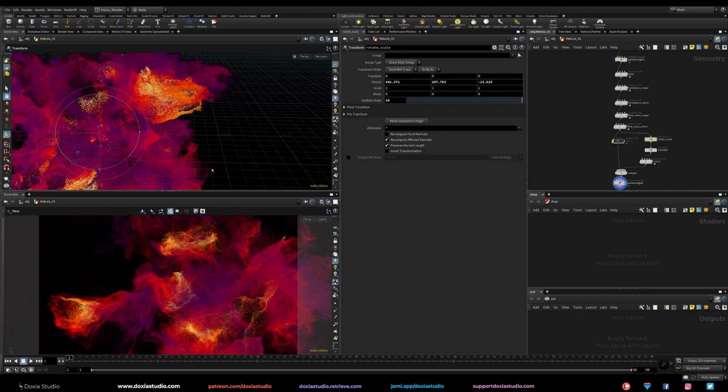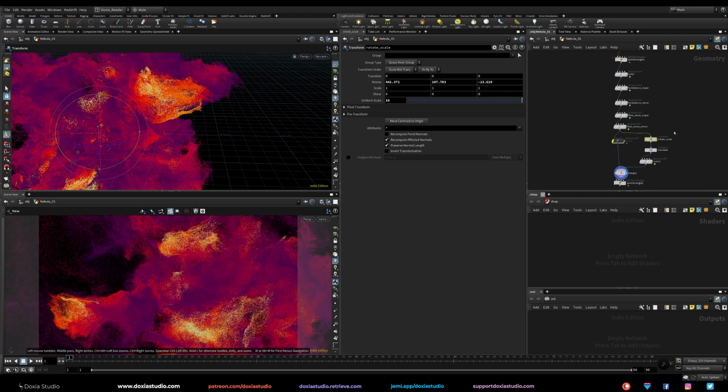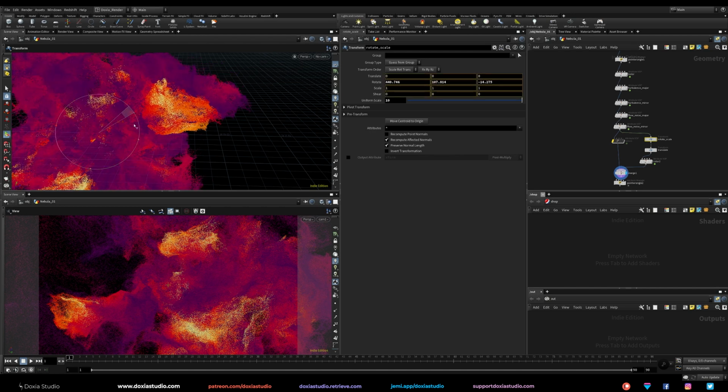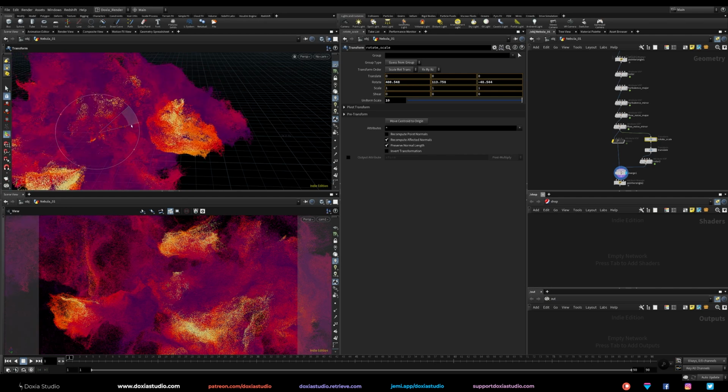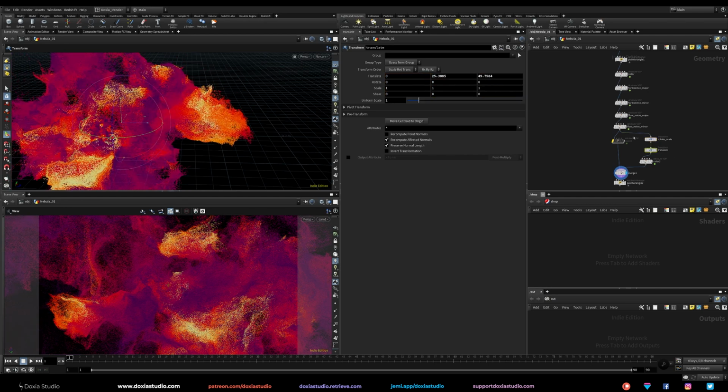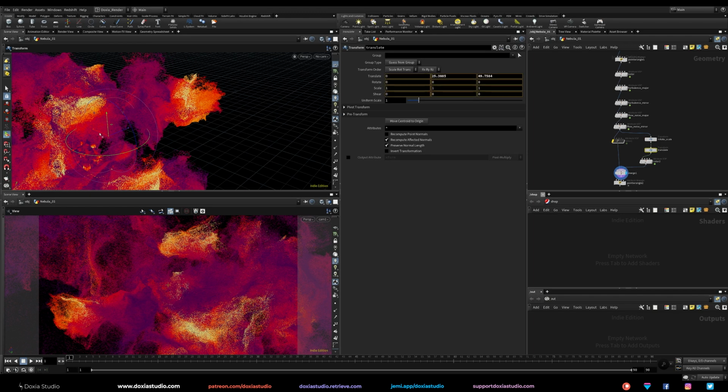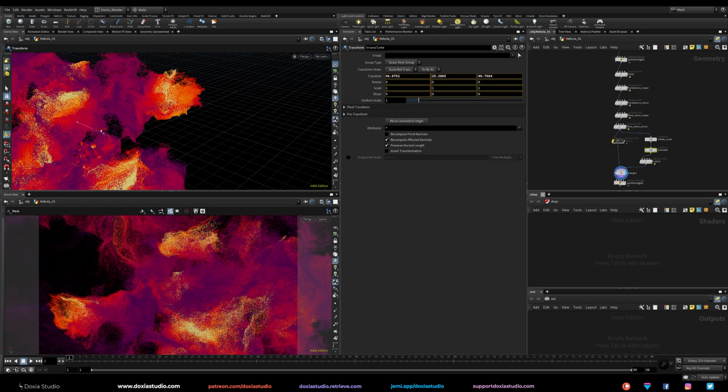And now this one, let's try maybe get the alpha so I can see those on the back. And maybe on the translate, move it back. I'm trying to figure out where the back is.